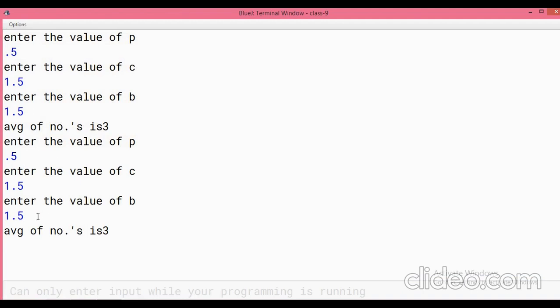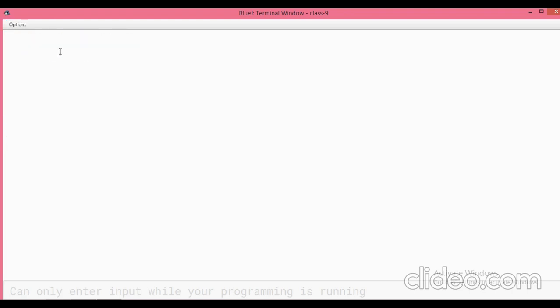3.5 divided by 3 is about 1.2, and we want the output in rounded form. If the fractional value is 0.5 or greater, it will add one to that value, otherwise it will return the same value in the round function. So the average of these numbers is 3. I will show you one more